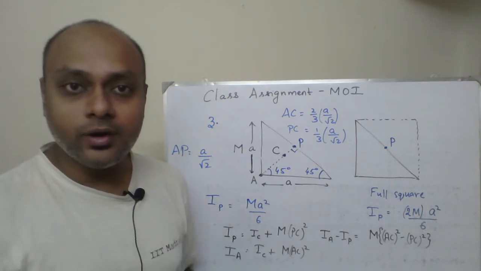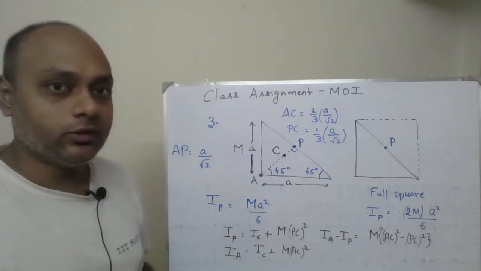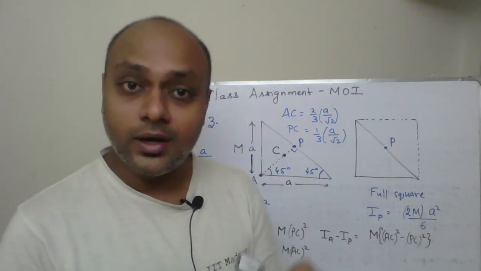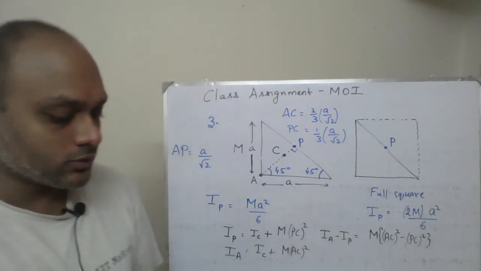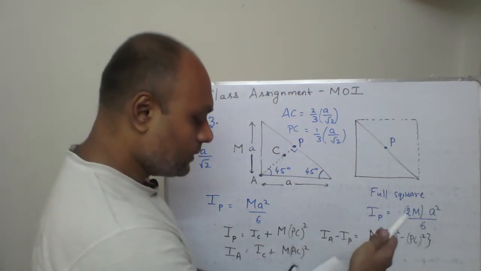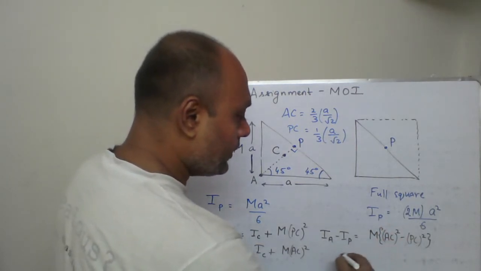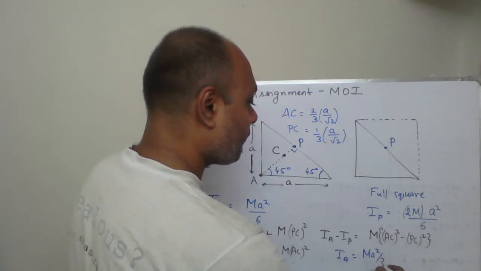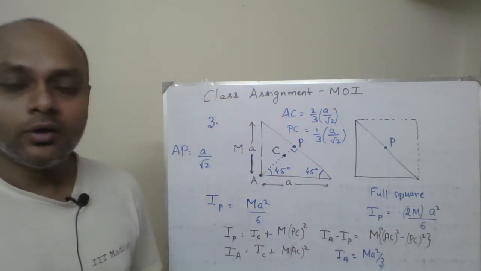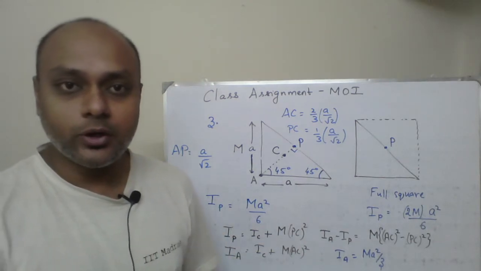So this is one way of working it out. Anyway, I'll just give you the expression and tell you another way of working it. That is going to be an interesting thing. You could have thought about another construction also for this. The answer for this will eventually turn out to be, you simplify it, IA will turn out to be MA square by 3. Substitute everything and calculate. Upon calculation, you will get this particular IA.